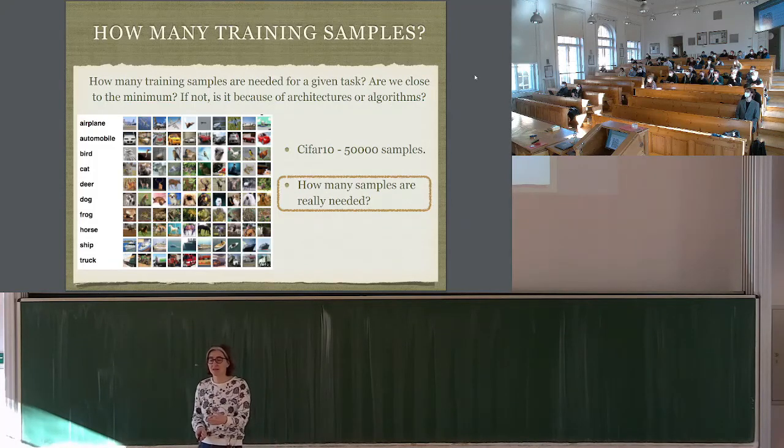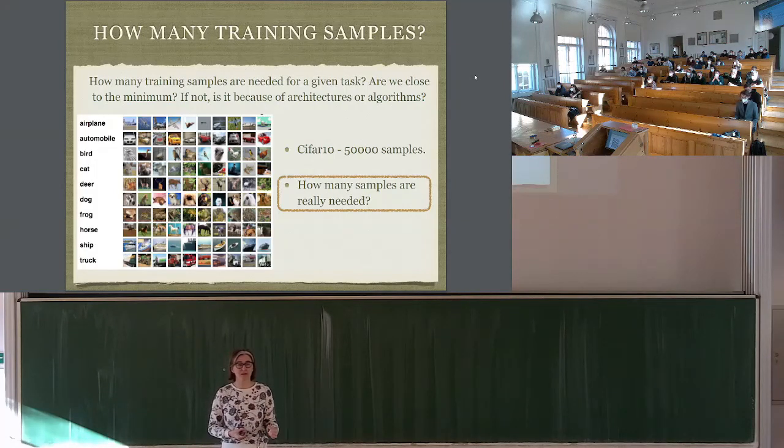So I was mentioning, how many pictures of cats do you think a kid needs to recognize a cat? 5? Not many. Maybe it needs the cat to move a little bit, so maybe the pictures say translated, rotated, okay, maybe. In the data sets that machine learning researchers use in their papers to show off that they do better than the others, they use, for instance, CIFAR 10, the name of a data set, where you have 10 categories of images, and you have 5,000 images per category.